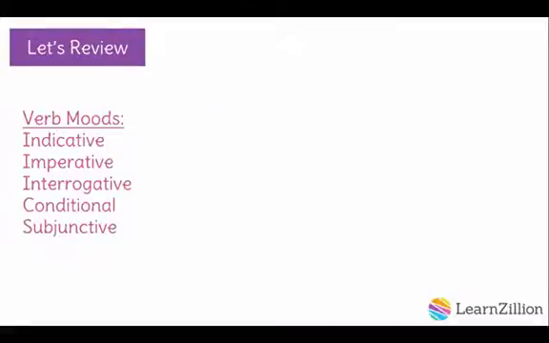Let's review. Verbs are said to have moods, which basically means that they are used for different reasons and in different ways. In English, we have 5 verb moods: indicative, imperative, interrogative, conditional, and subjunctive. In this lesson, we're going to focus on using verbs in the conditional mood. Now, most of us use verbs in the conditional mood every day without even thinking about it, but it's helpful to know why we do this and when we do this so that we can be sure to use them